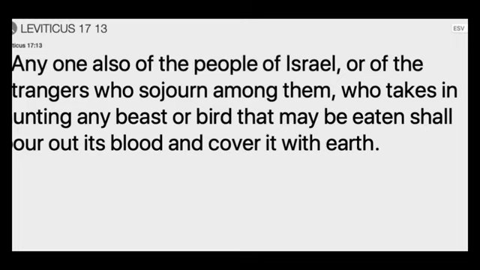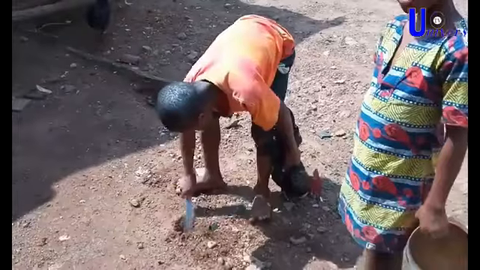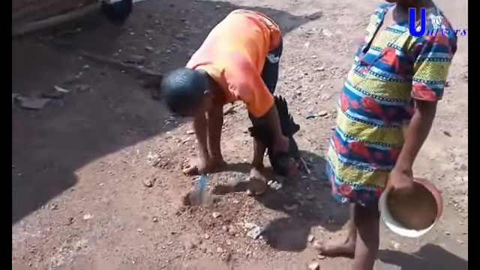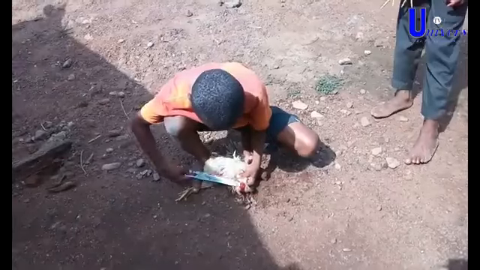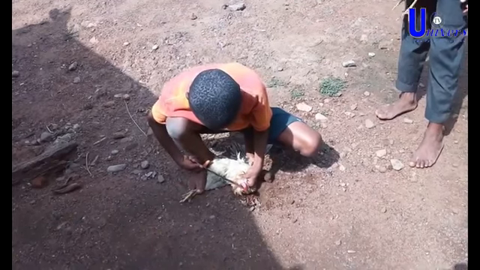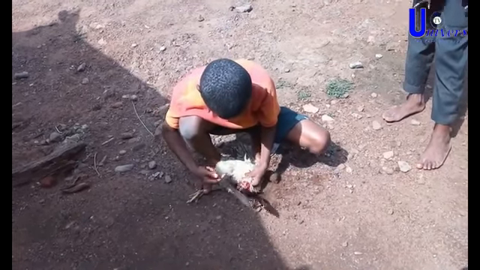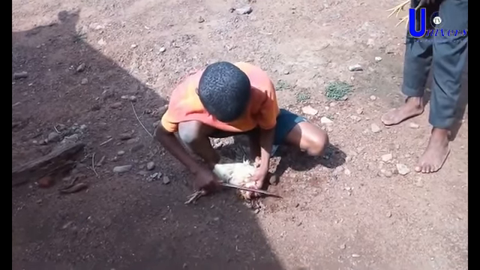This is the Bantu. The Bantus are the Israelites. This is further proof that the Bantus are the Israelites. This is clear. This is in the Bible. This is what they're doing. If you are not living in Africa, just go down there to any Bantu nation and check out the customs. Just observe the customs and open up the Bible. In 2 days you come back and you tell me.